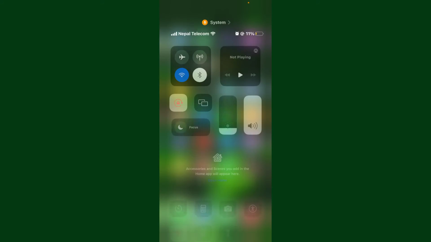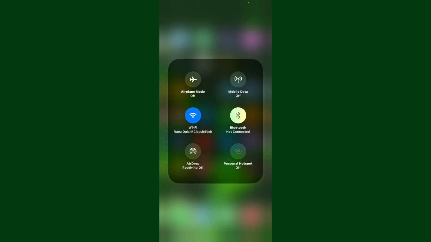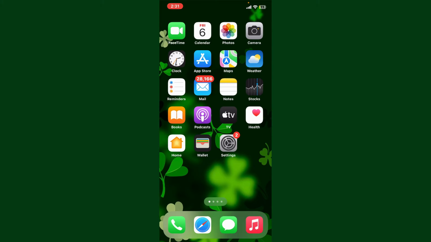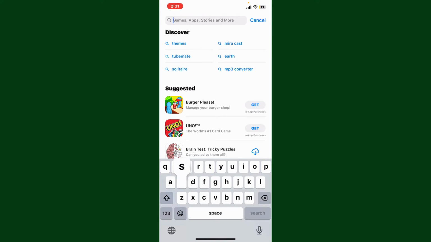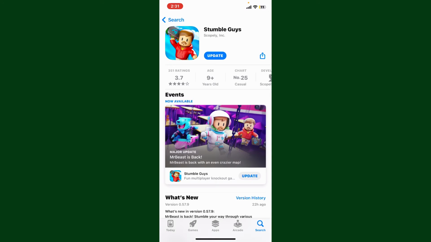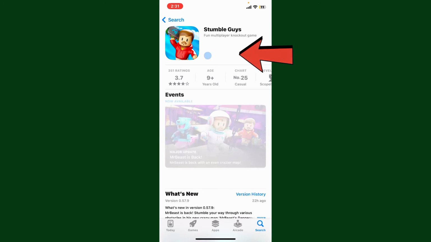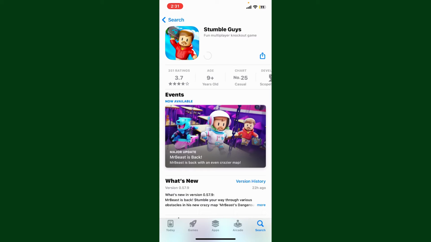First, make sure that the device is connected to a stable internet. Next, open your App Store. In the search box, type in Stumble Guys and search. If there is an update available for your Stumble Guys application, it will be displayed in this page. Simply tap the update button if available, and the latest version of Stumble Guys will be downloaded on your mobile